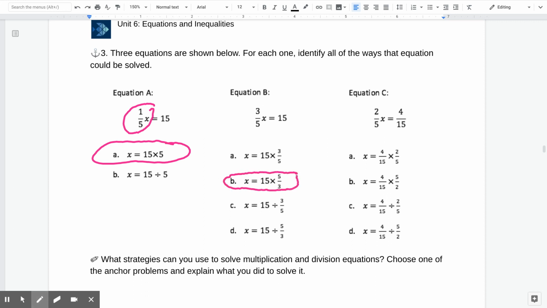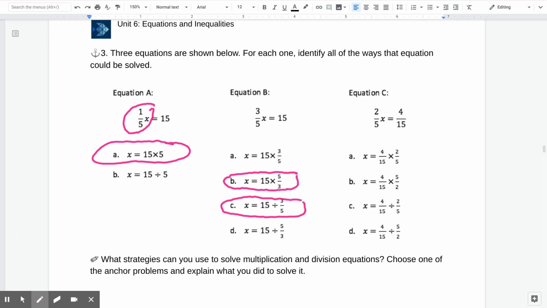But another way I could do that would be to take 3/5 x and divide it by 3/5. And then I could divide 15 by 3/5 too. And of course, that's the same thing because dividing by 3/5 is the same thing as multiplying by 5/3. Finally, for equation C, I can either multiply 2/5 x times the reciprocal 5/2,